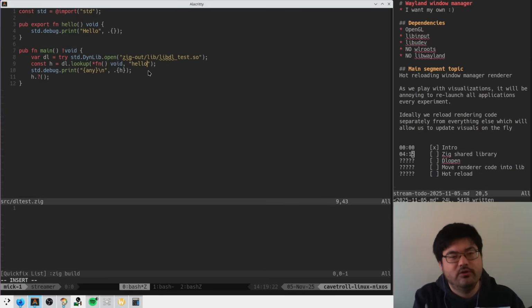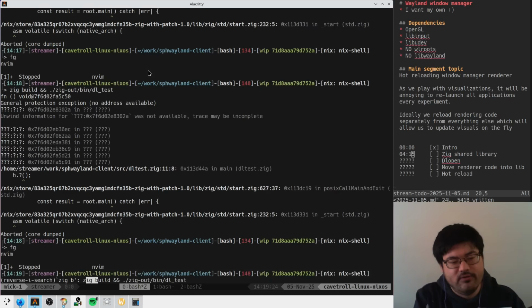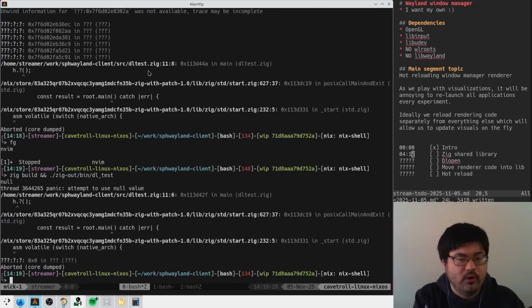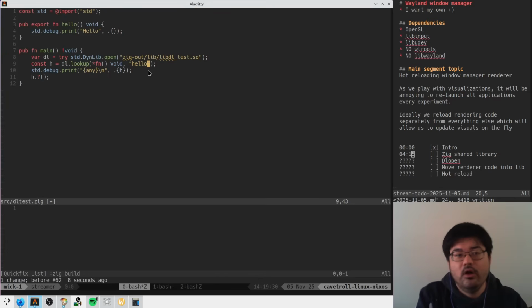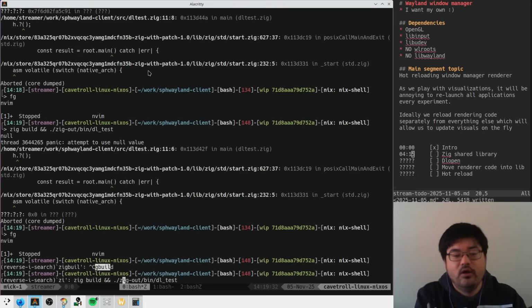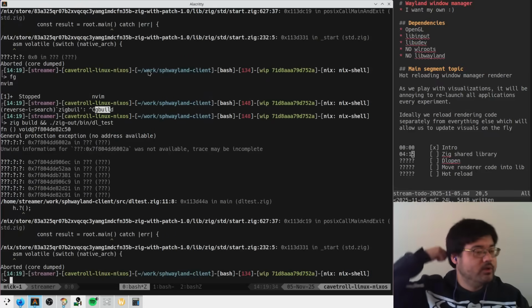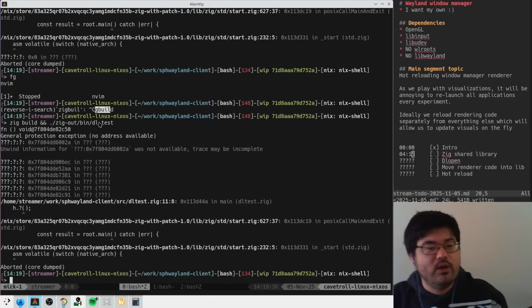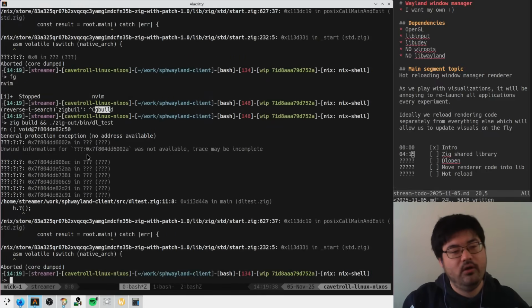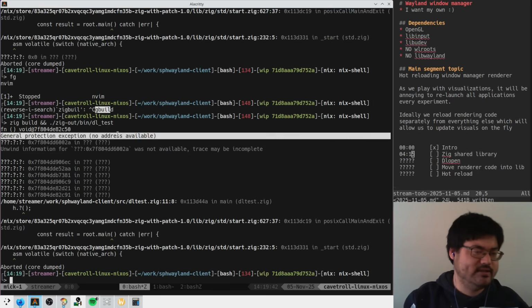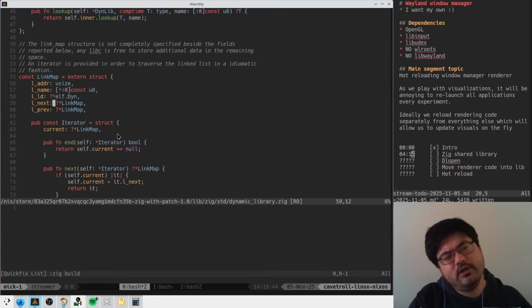So, okay, if I write hello2 here, I'm assuming that the failure mode is different. Right? So here's an attempt to use a null value. So it looks like we're resolving the symbol, but when we call it, it freaks out, specifically because it's accessing memory that isn't supposed to be accessed. I would be curious to know,